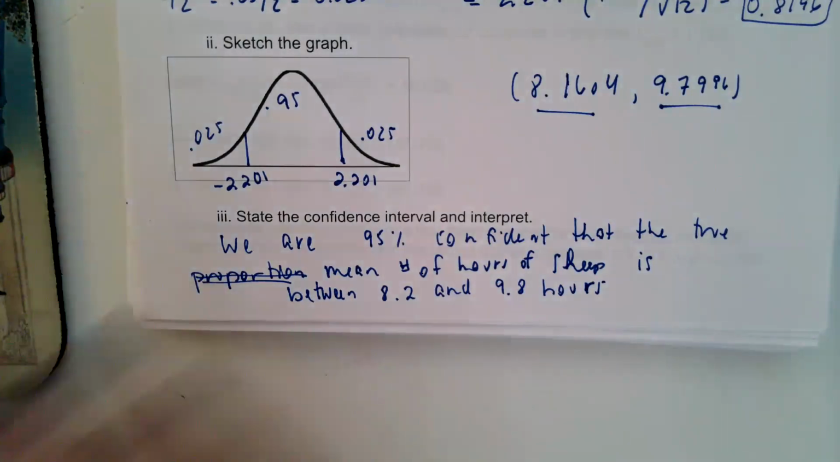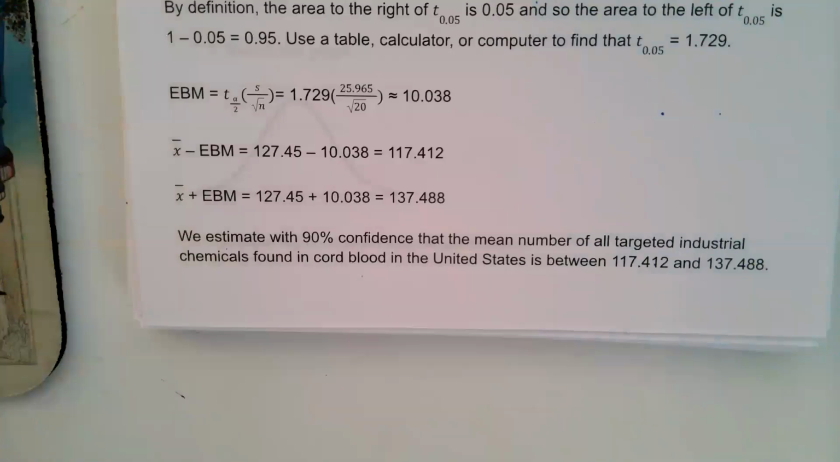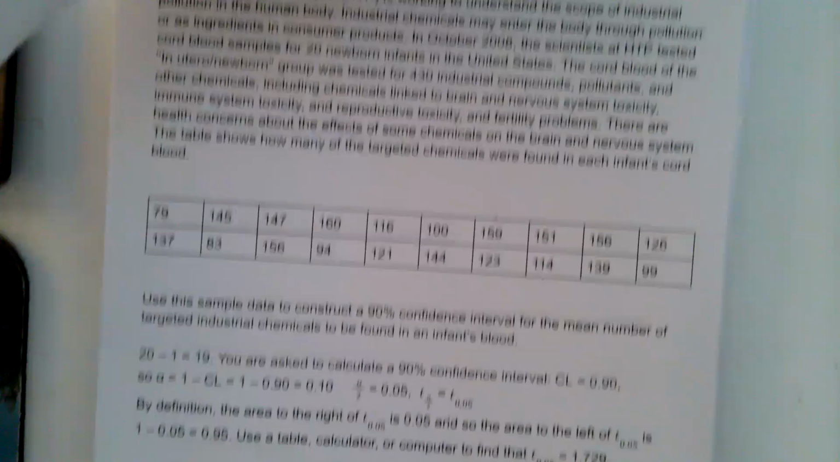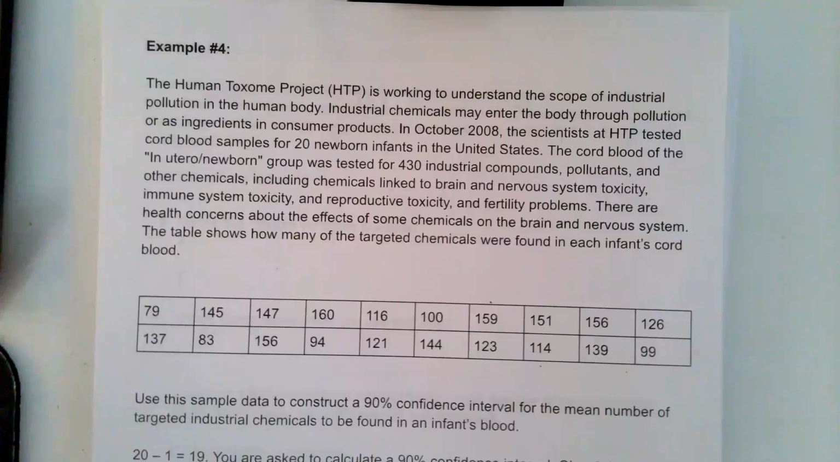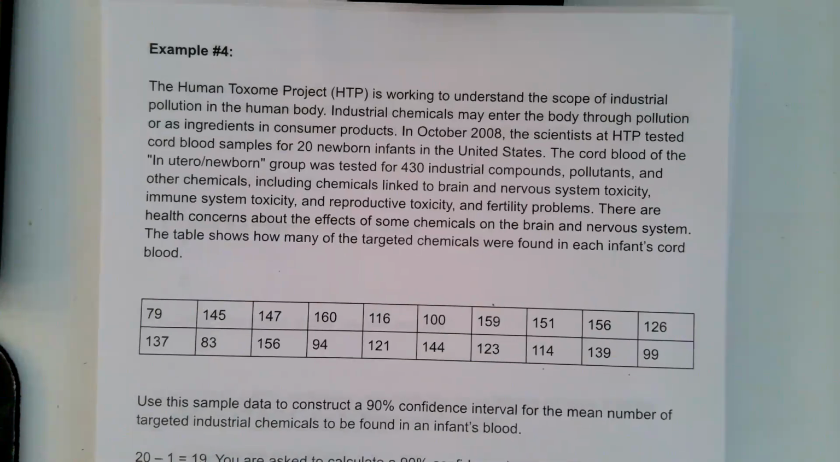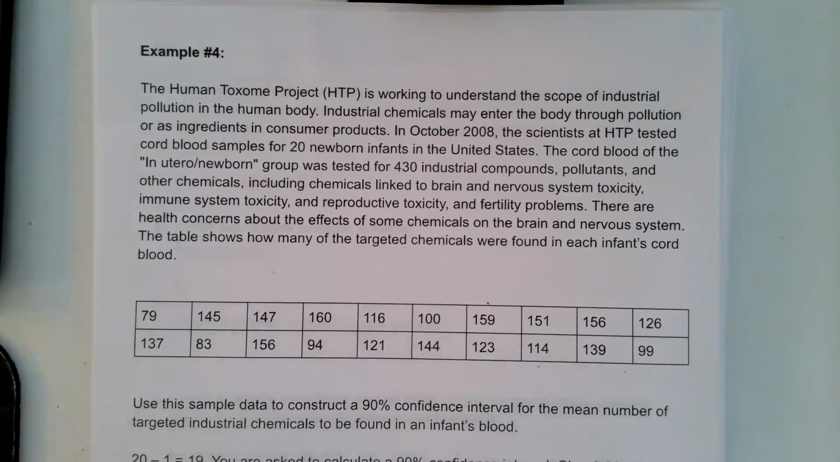Okay. Let's go ahead and look at the next one. I went through another one with me here. So this is the Human Toxome Project. It's working to understand the scope of industrial pollution in the human body. Industrial chemicals may enter the body through pollution or as ingredients in consumer products. That doesn't sound good. In October 2008, the scientists at HTP tested cord blood samples for 20 newborn infants in